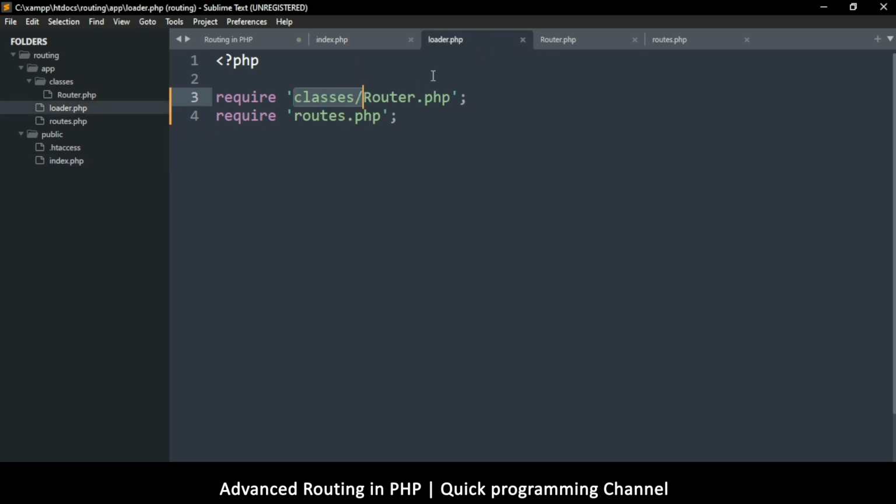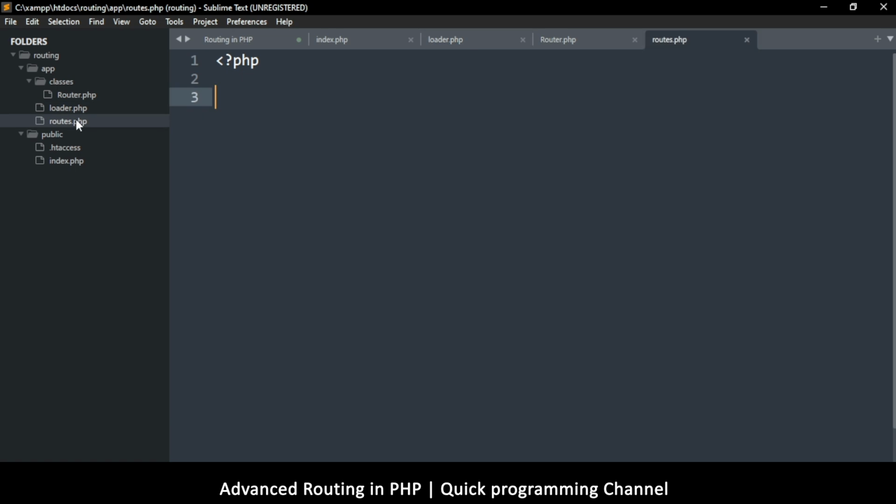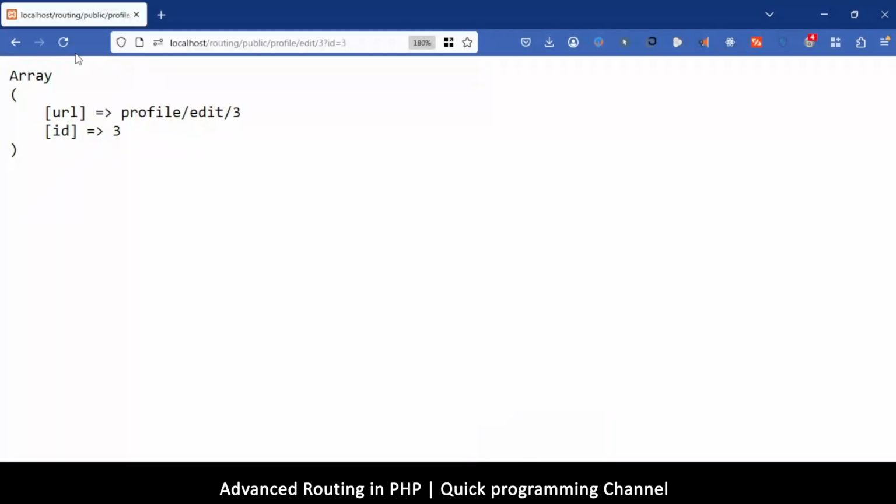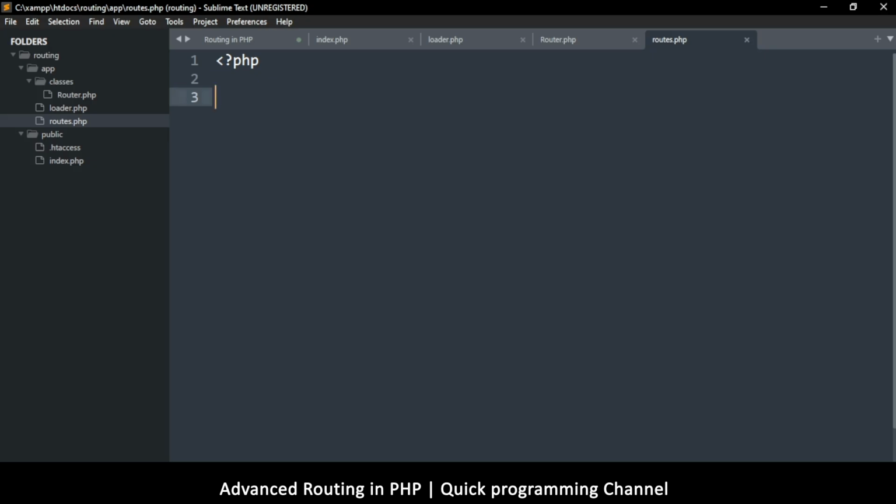The loader is loaded. It's going to load our router class, and then there's the routes file. The routes file is over here, and this is where we will describe what routes we need. Let me come back here and refresh just to see that there are no errors, and we are good to go. Everything is loaded as intended. Okay, so let's create some example routes here, and then we're going to create some view files and all that so that we see how that works